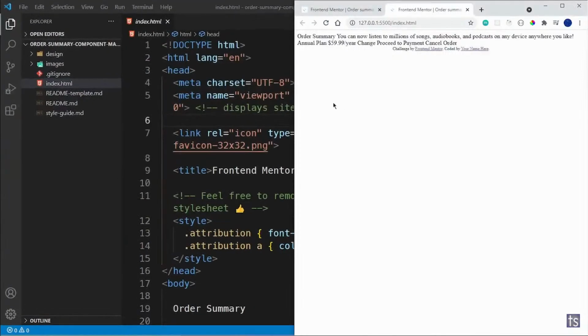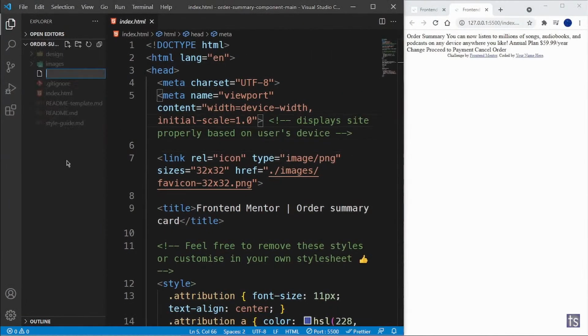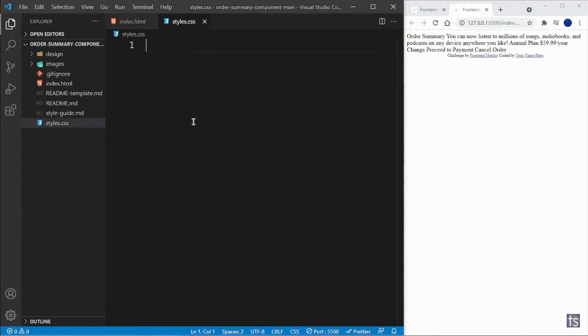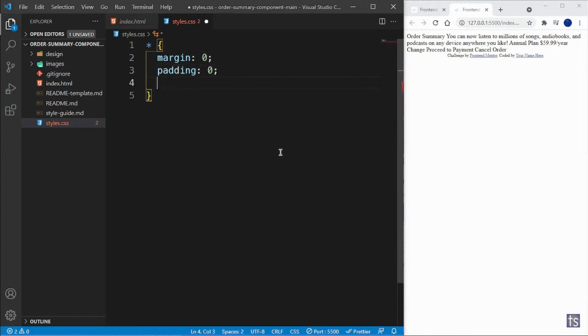And there we go. So I'm going to place this to the side, and we're going to have this. Okay, so let's go ahead and create our styles.css file. And inside here, I just want to place some default styles, and I'm going to say reset the margin to 0 and the padding to 0, and then add the box sizing of border box. And for all the images, I want the max width to be 100%